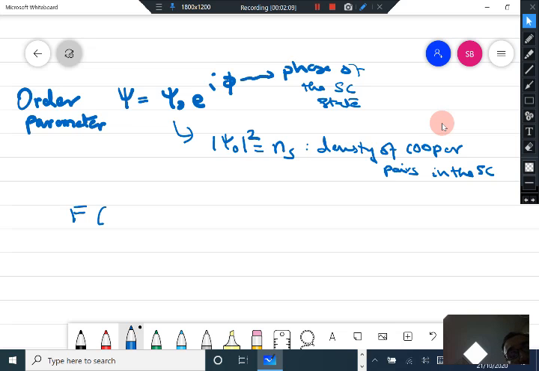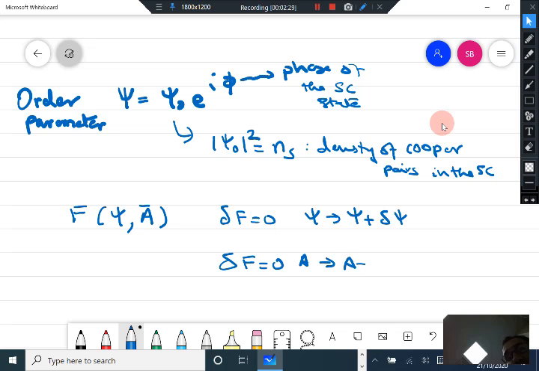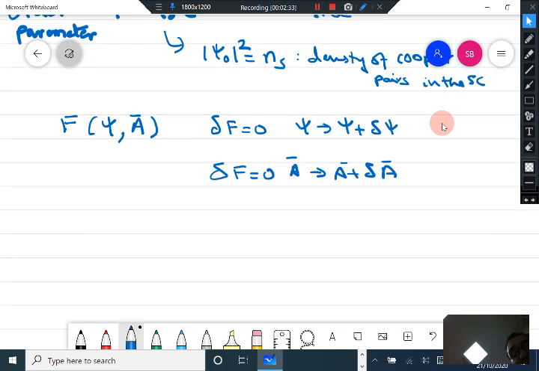The free energy of the system is written as a function of psi as well as the vector potential A, which we had written down, and then you minimize the free energy by taking psi going to psi plus delta psi, and you also minimize the free energy by A going to A plus delta A, the vector potential. And then if you do this minimization, you get the first GL equation, which is basically